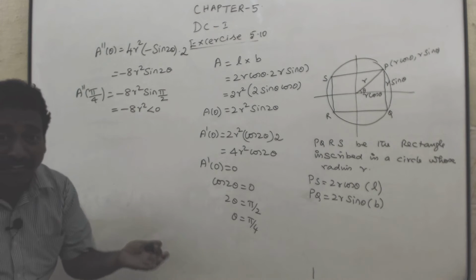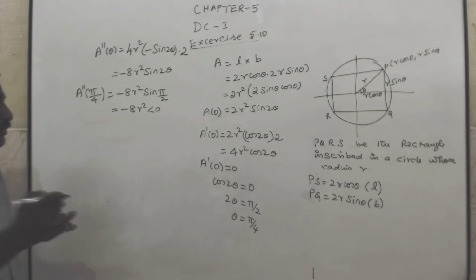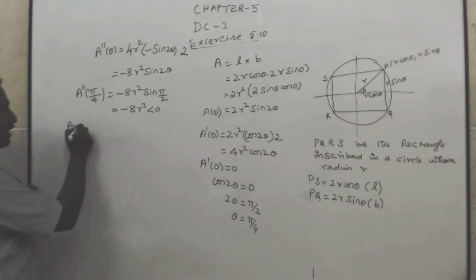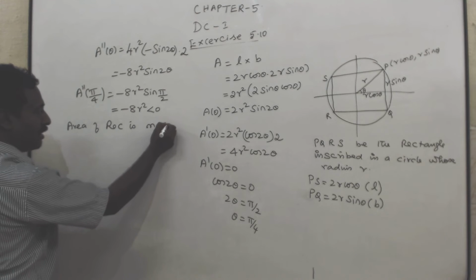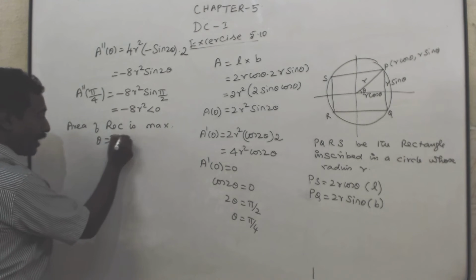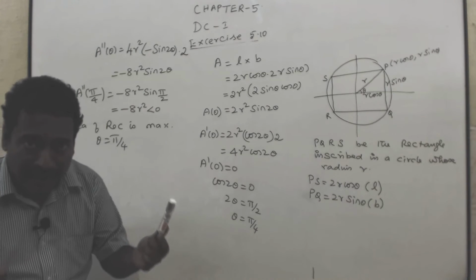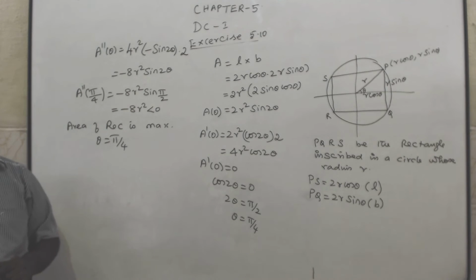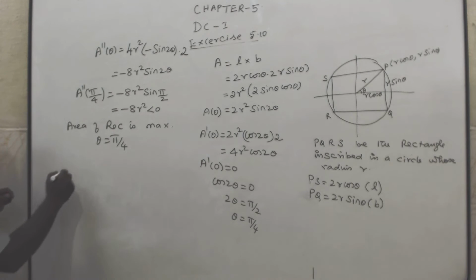Therefore, area of rectangle inside a circle of radius r is maximum. Area of rectangle is maximum when theta equal to pi by 4. But they ask for the length and breadth of the rectangle. So, length of rectangle equal to